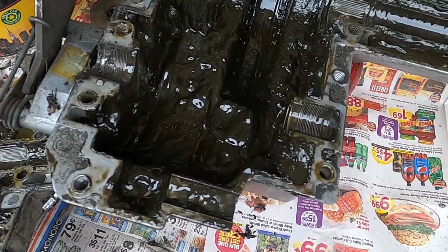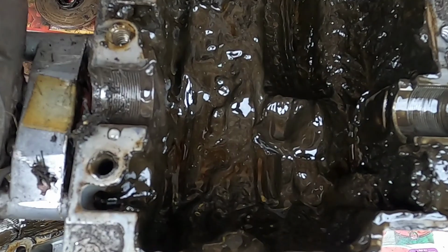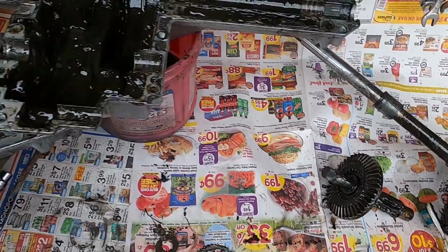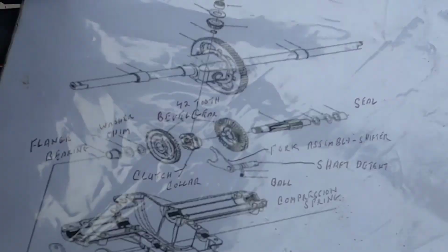Like I said, I'm just going to clean it up. And because this is hard for me to hold the camera and work on it, I'm going to just show you a diagram of what goes where. Maybe I'll do this now. Yeah, getting grease on everything here. This is the diagram I got offline. So when this goes back in,